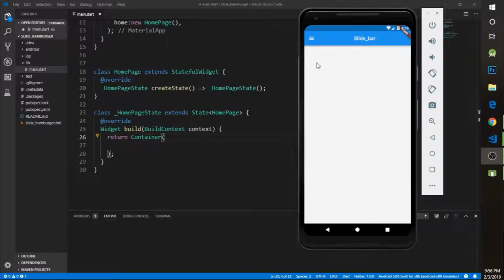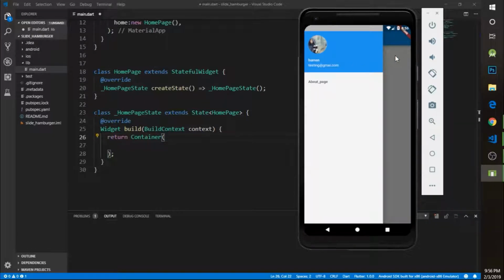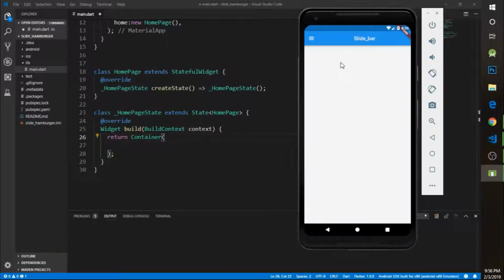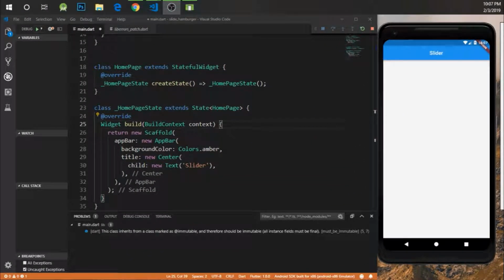In this video I'm going to talk about nothing but a navigation bar. Yeah, this is the navigation bar, or you can say a slide bar. We are going to design this in Flutter. So let's start it. Hello guys, so you can see in this video there is an app bar and it